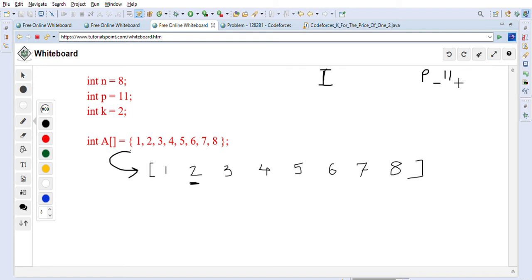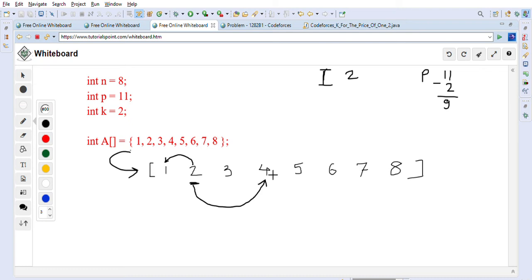Yes, so we will buy this item, so our coins will reduce to 9, and once we buy this 2, we will get 1 free, right? Because it's lesser than 2. So our items already got is 2. Now we will do alternate, right? We will go from this 2 to 4 now.